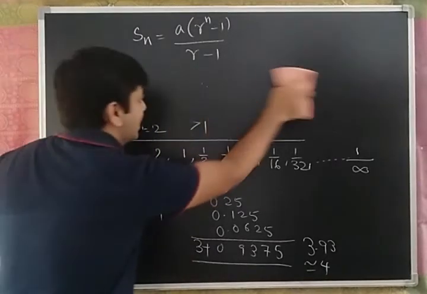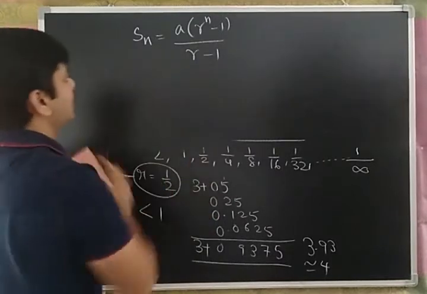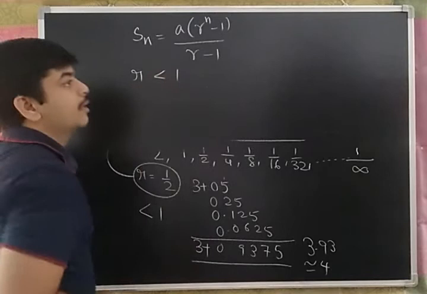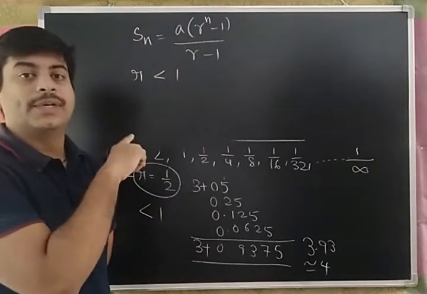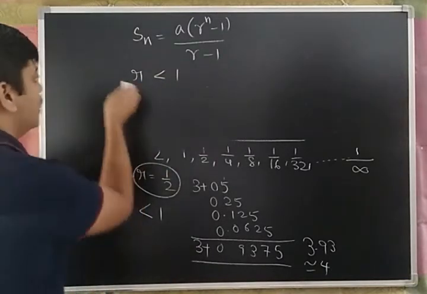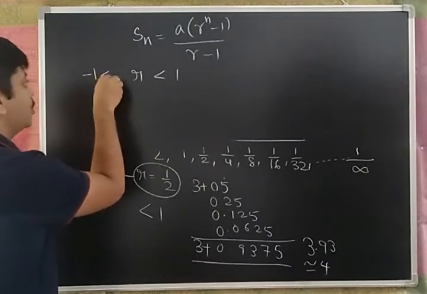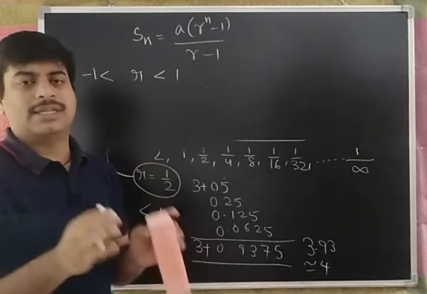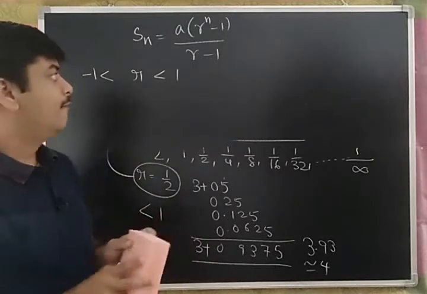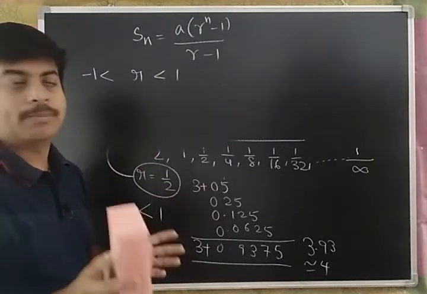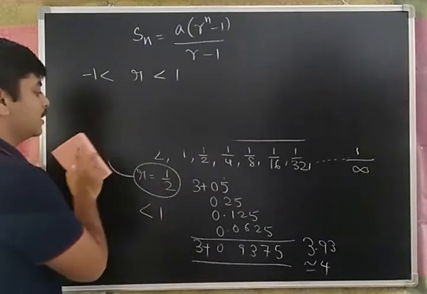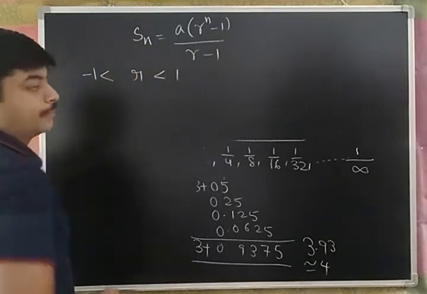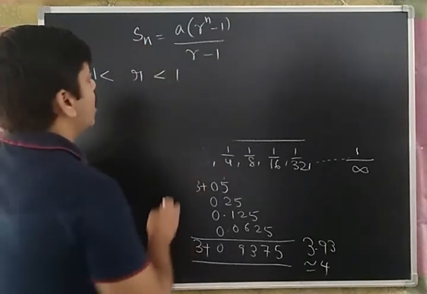So considering the common ratio which is less than 1, we can even go in the other way, in the negative direction also. That means when your common ratio is between minus 1 to 1, and 0 is not considered in geometric progression. Whenever I say r, common ratio cannot be 0. Okay, so that definition is already there with us. So when the common ratio is between minus 1 to 1,